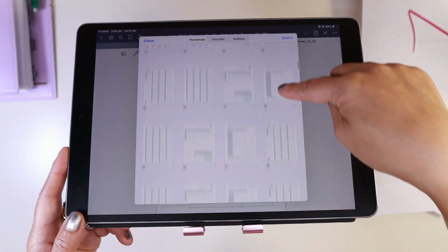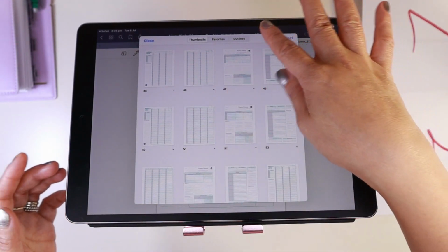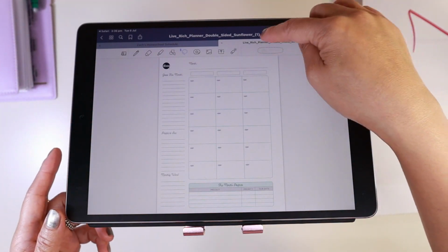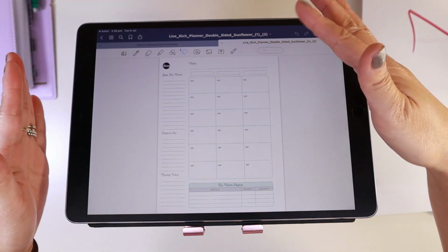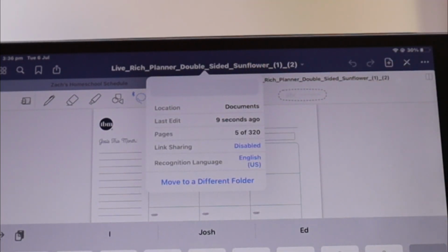So you do that for all the pages. Once you've done that for all the pages, close it and rename this set of PDF. So I'm going to rename it as Live Rich Planner A5